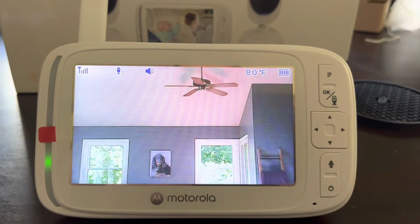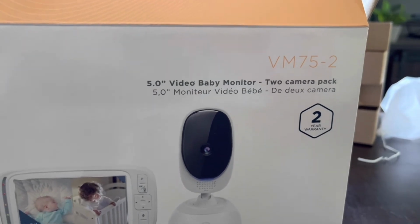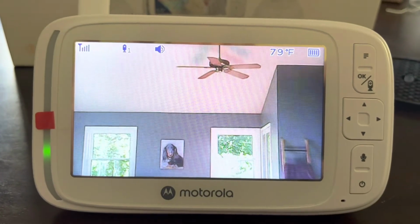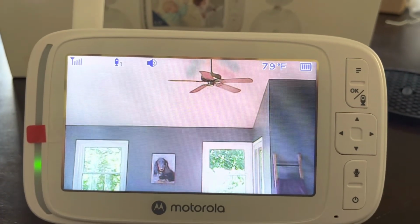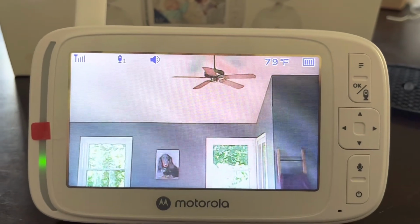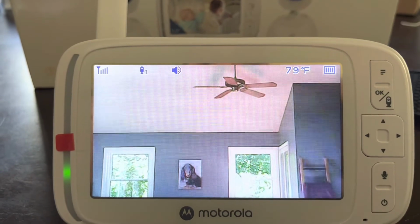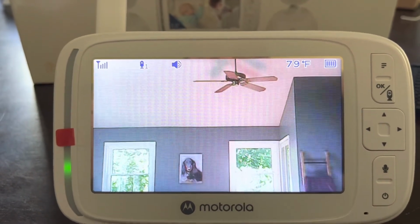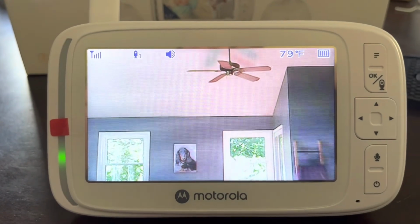So final thoughts on the Motorola baby monitor, the VM75-2, and I think the 2 just means it's a 2-pack. I think it's fantastic. I'm gonna rate this product full stars, 10 out of 10. It's great. I can't see any downfalls that it really lacks. It picks up sound fantastically well. The sound clarity